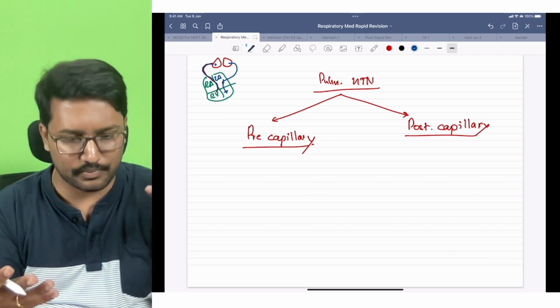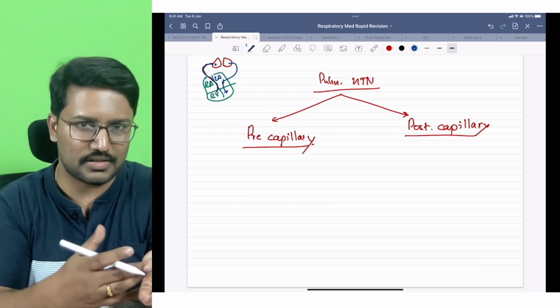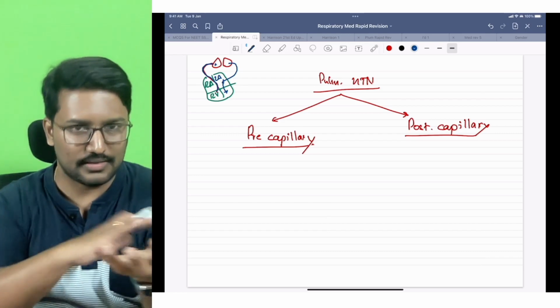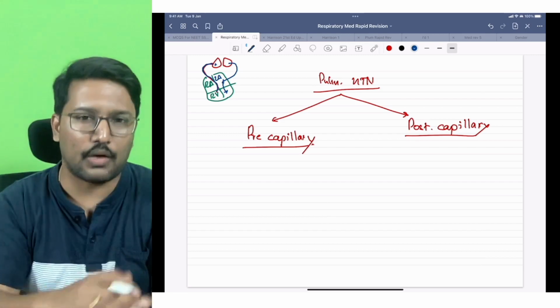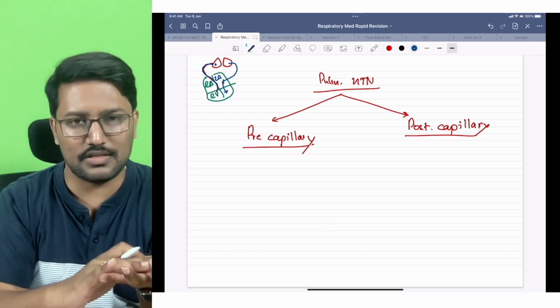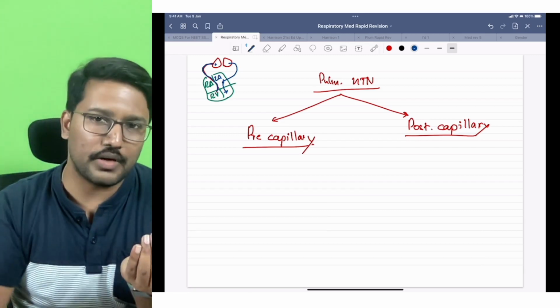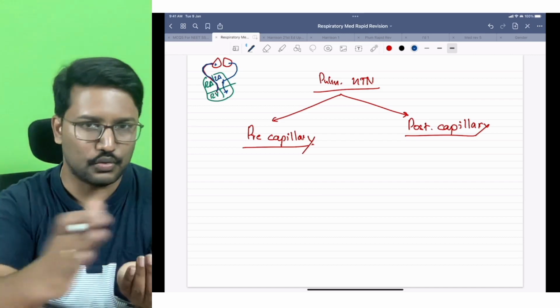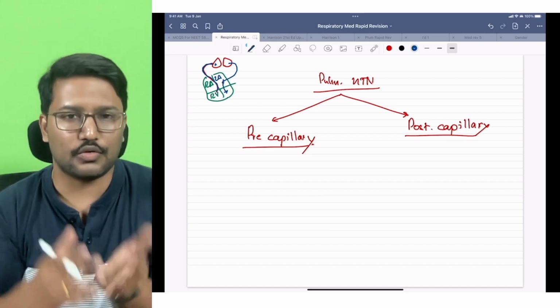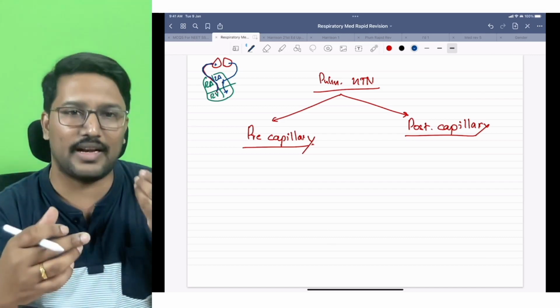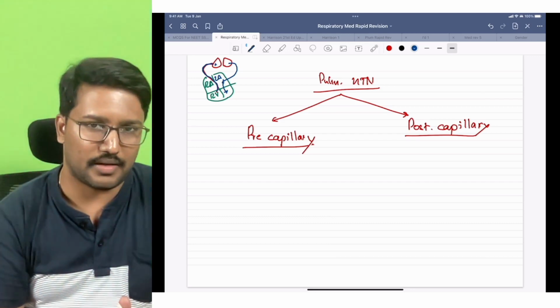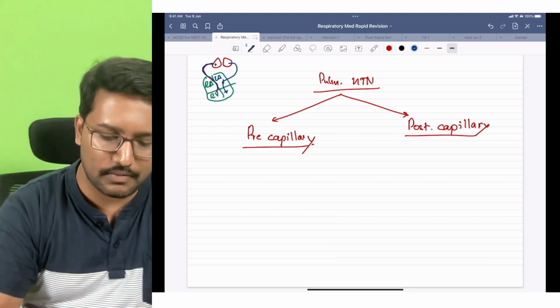Pulmonary artery is bringing the blood which is not oxygenated. There is capillary meshwork, that is the capillary zone around your alveolar spaces. Oxygenation is occurring and from there the blood is moving to the left heart through the pulmonary veins, right? So up to this portion of capillaries and pulmonary artery is called as pre-capillary. After that, that is pulmonary veins,